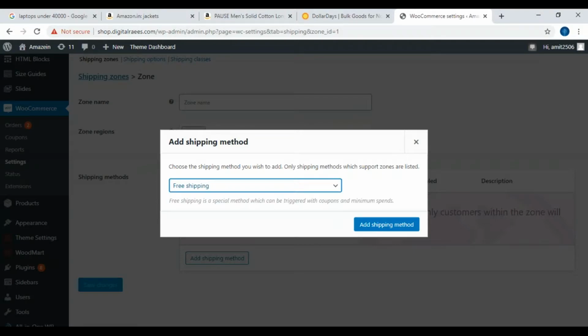I will put free shipping, because normally if you are seeing any product online and it says there is a 100 rupees extra shipping charge, many users are not purchasing that particular product, and when they see free shipping, they are going to purchase it.